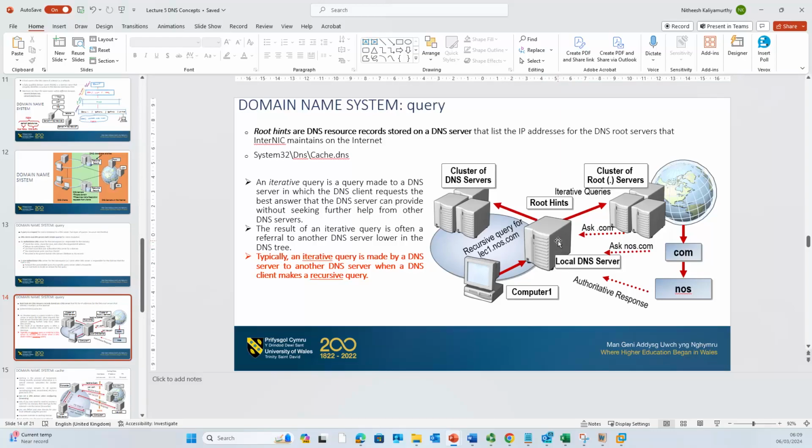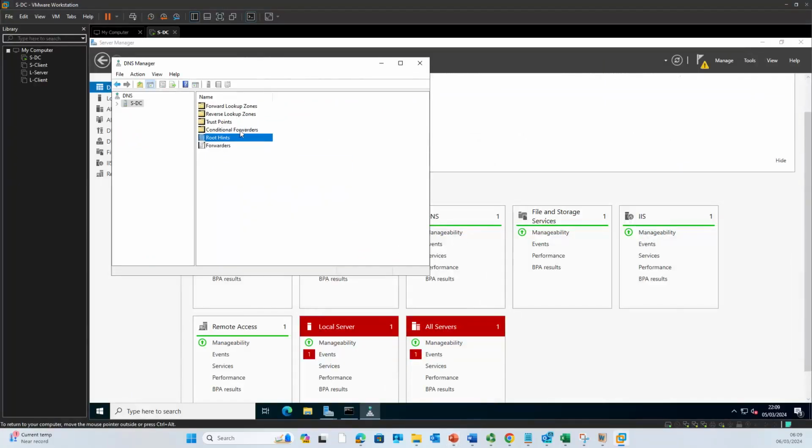Right. So coming back here, what is a forwarder? A forwarder is what I explained a minute ago. If I don't know, what should I do? I have to forward it. So is it that every time I have to go and forward it? No. I can configure forwarders. I can configure conditional forwarders. For example, I have a condition like